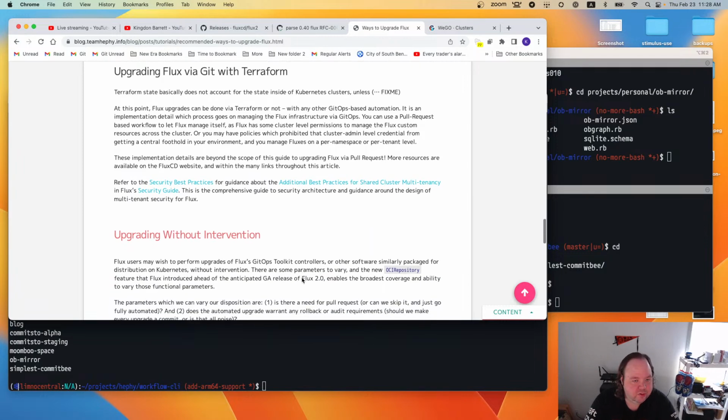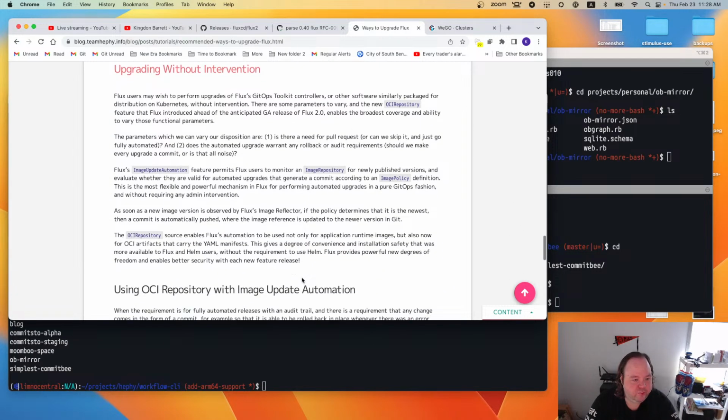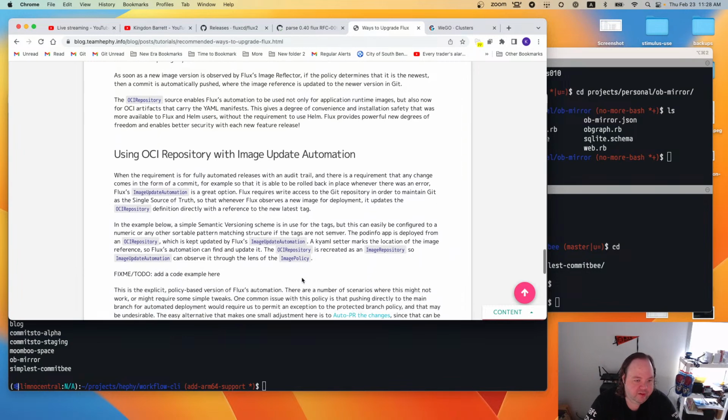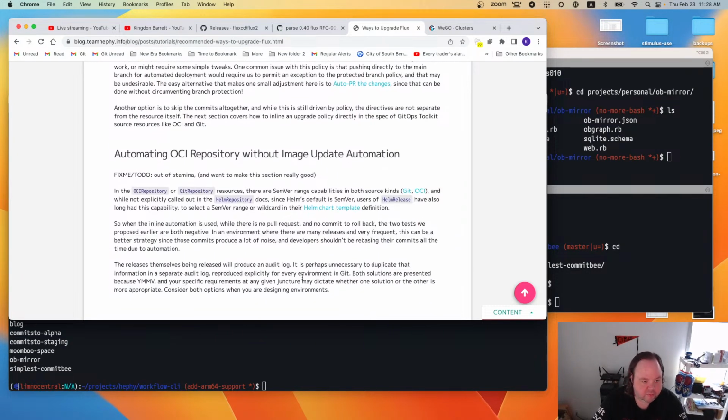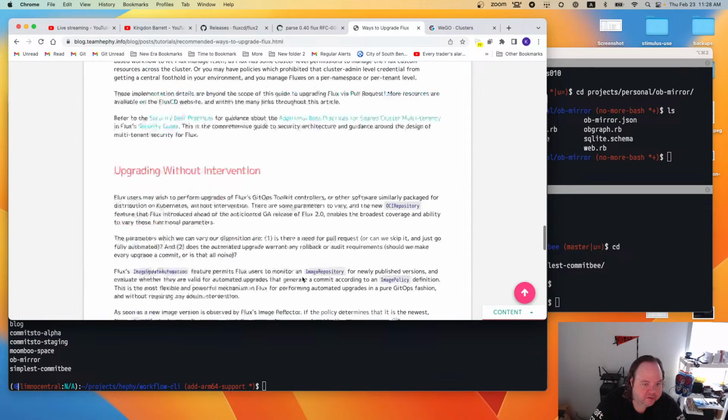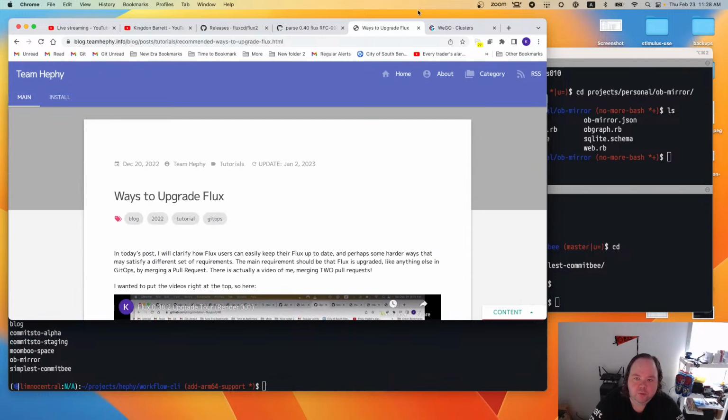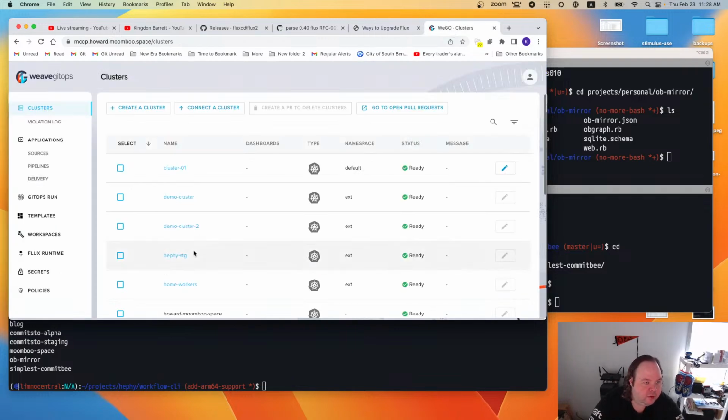You wouldn't need to use Terraform together necessarily with Pulumi, for example. Pulumi's not in this article, but there's a blog post on the Flux blog about the Pulumi operator. That's another example. And what we have access to in the Weave GitOps Enterprise is this